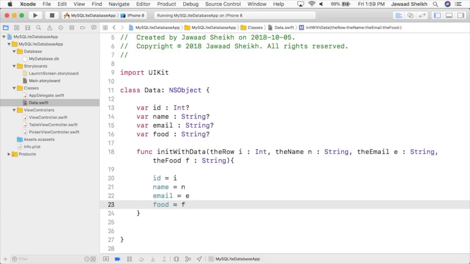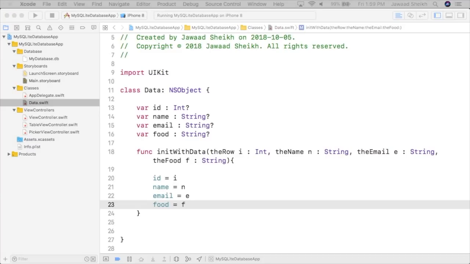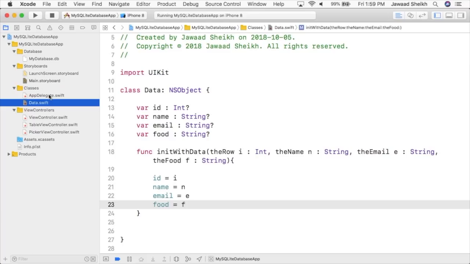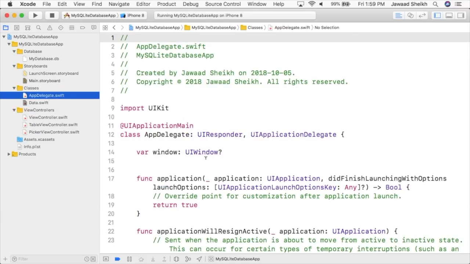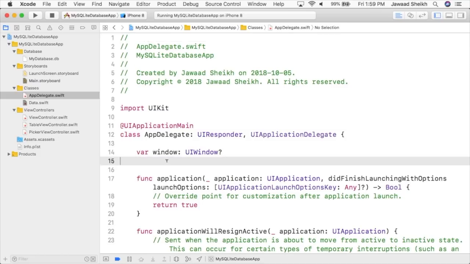All it's going to do is hold one row of data inside of it, the ID number, the name, email, and food. So now we can go back to our app delegate file and start to write the code to interact with the database. So I'm going to switch over to appdelegate.swift. And let's start by defining some variables that are going to support our SQLite data transfer. So we'll say var